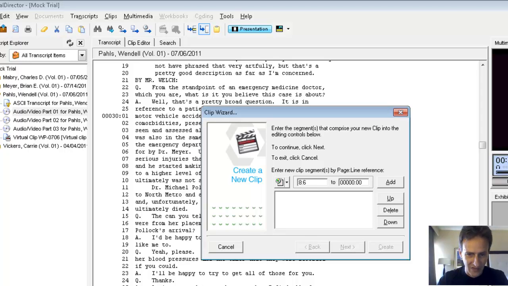Page 8, line 6. That's 8.6, tab, 9.17, tab, enter. So see how that works, and it creates the clip. Now we'll go 17.5, tab, 17.14, tab, enter. And that's how quick you can go through them. If you're good at 10 key, you can really